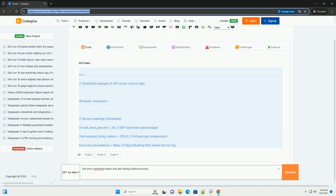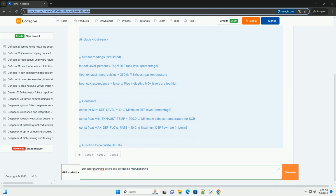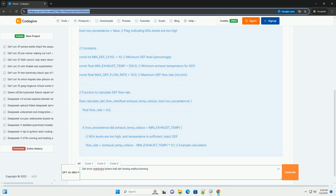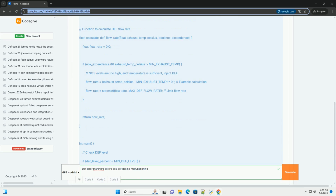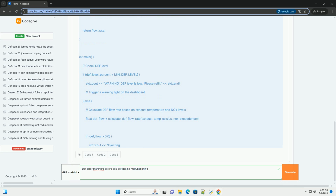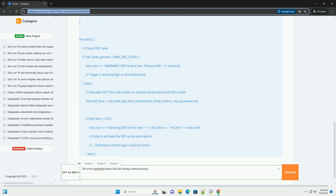OK, let's dive deep into the DEF error issue on Mahindra Bolero BS6 vehicles, specifically addressing DEF (diesel exhaust fluid) dosing malfunctions. This is a common headache for owners and mechanics alike. We'll cover the system, common causes, troubleshooting steps, potential fixes, and even some example code snippets, though code access is